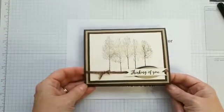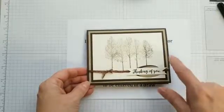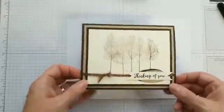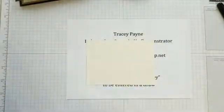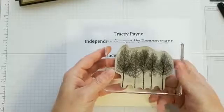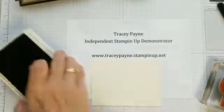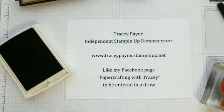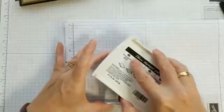Okay, so for this card, we are using Early Espresso paper and Crumb Cake cardstock as well, and the Very Vanilla. So I'll just move that one aside so I don't get it inked. We'll start with a piece of Very Vanilla. I've got the stamp that I'm using already on the block, and I'll get my Early Espresso ink. I'm just going to get a piece of extra paper here, and we'll ink up